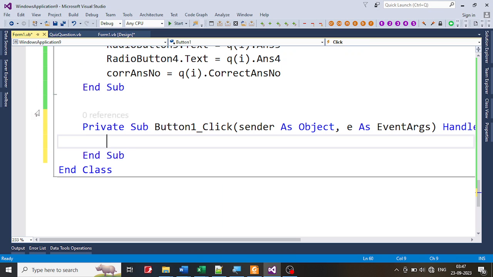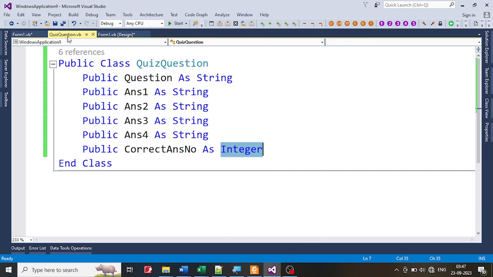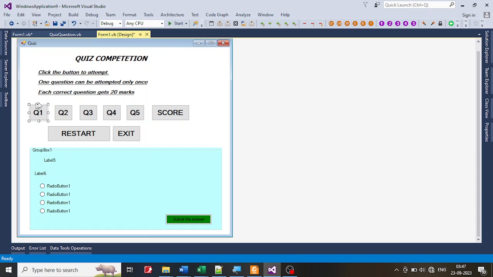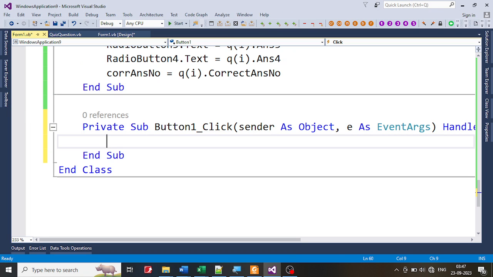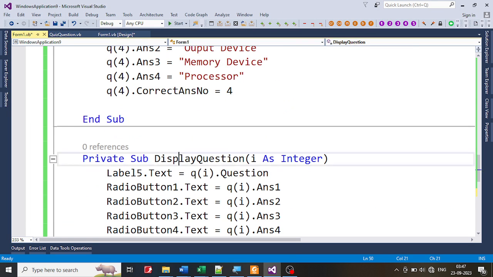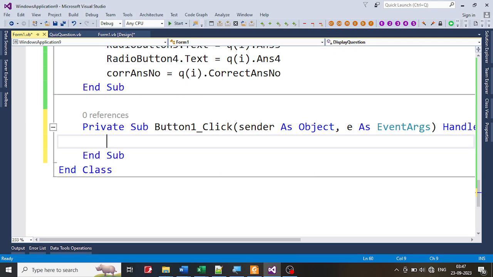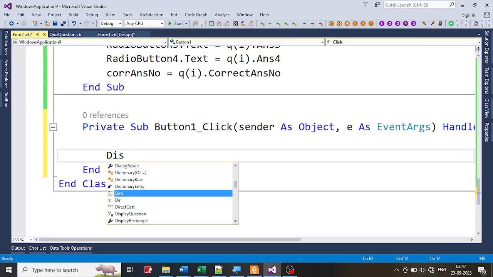Double click and you have the button 1 that is clicked. So what you mean by saying that is, if question 1 is clicked, what am I supposed to do? I'm supposed to show the corresponding questions. That's the only thing I'm supposed to do. So when it is clicked, the name for it is display quiz question. So I'm going to say display